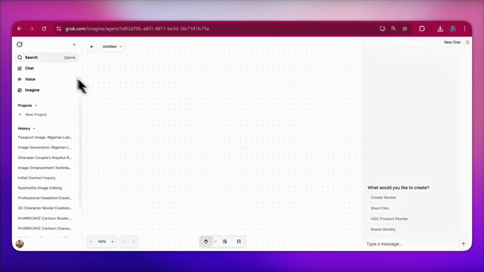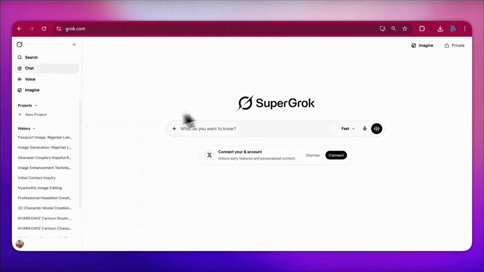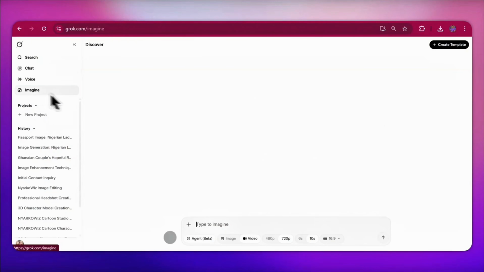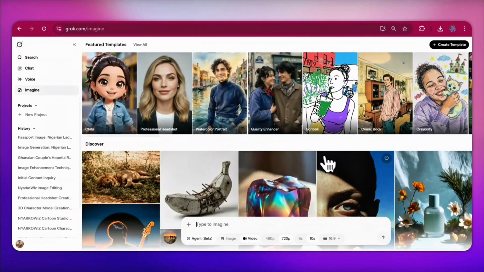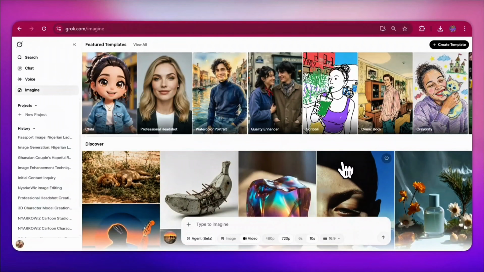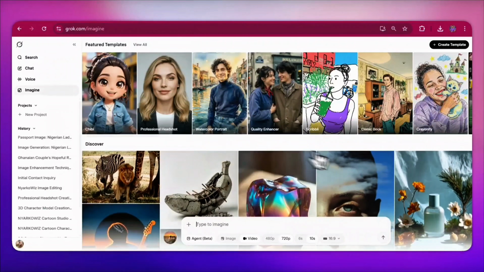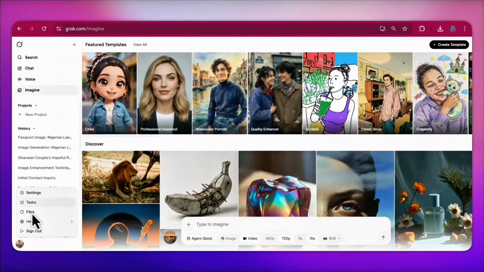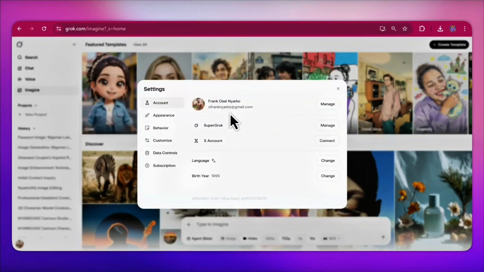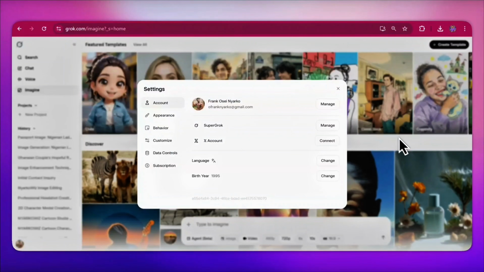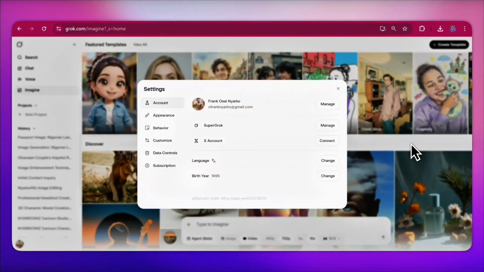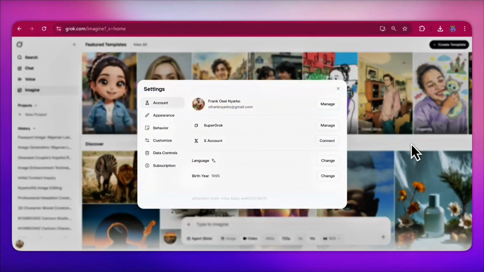During the beginning of this video, I told you I would show you how to keep creating videos with Super Grok even after your 3-day trial expires. This is how I normally do it. You see, this is one of my accounts right here, and this is a different account right here. When the first one expires, I create another account and repeat the exact same process I just taught you in